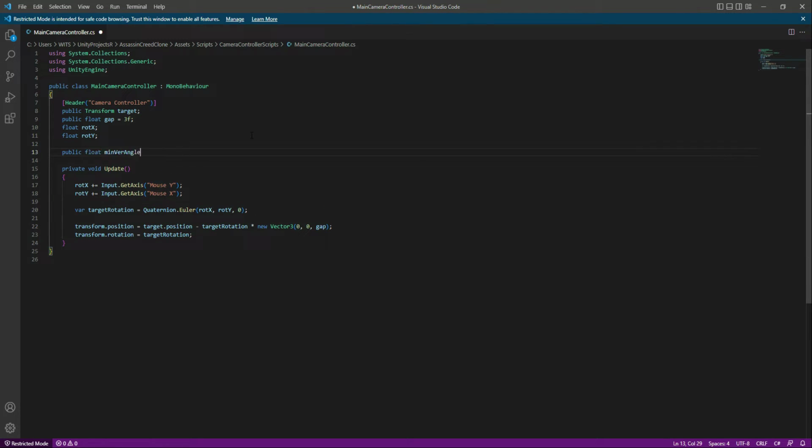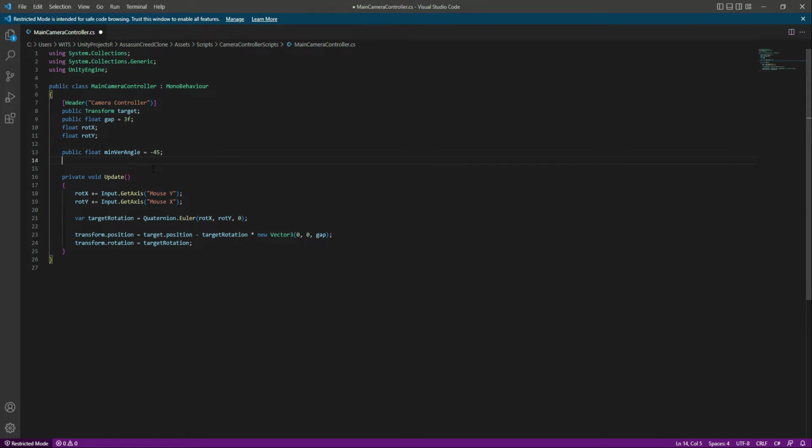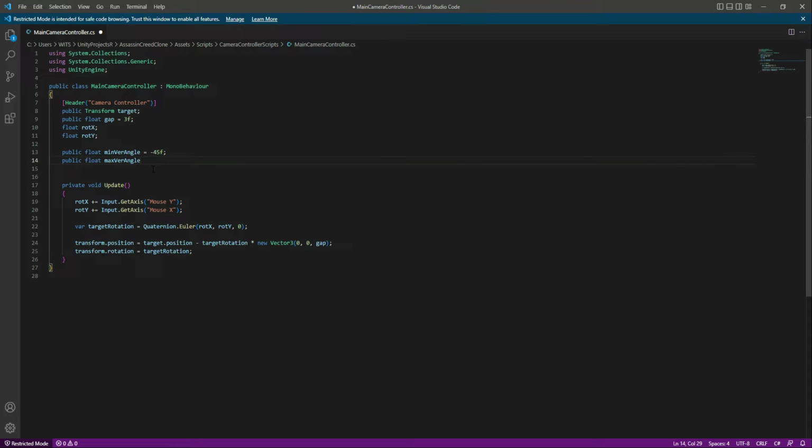create a public float by the name of minimum vertical angle, or in short form min, and for the vertical we use ver, and then the angle is in full form, and then by default this will be equals to minus 45f. And then after this we will create another float by the name of maximum vertical angle, and this